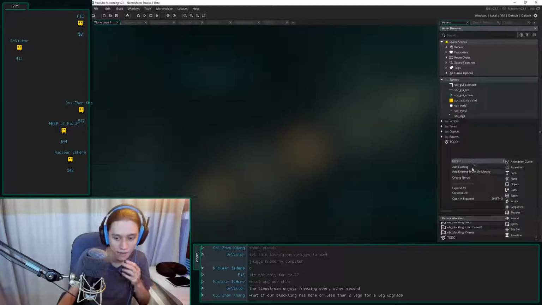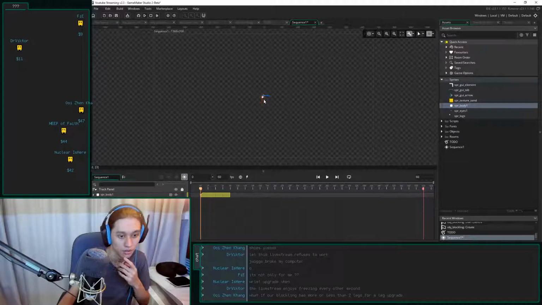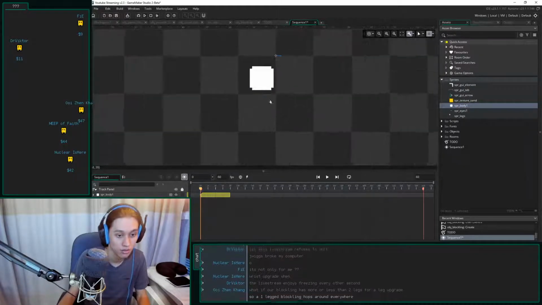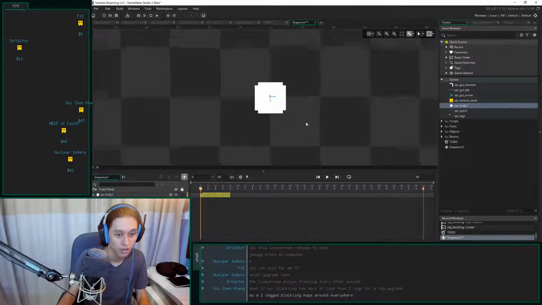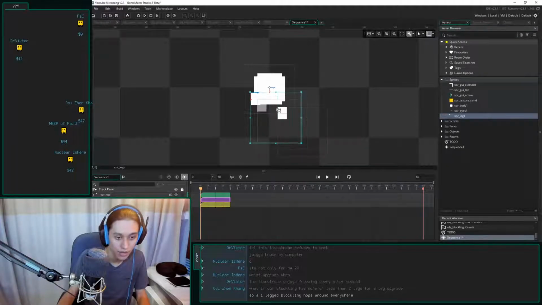I've never played with the animation sequences. I've seen how they work, but I feel like we can get a good feel. Oh wow, that's really small. Okay, something like that, and then we have a leg, and then we have another leg. This is slightly confusing. I'm not exactly sure which one I'm picking up. There we go, and then we've got this leg. Pick up the other leg.